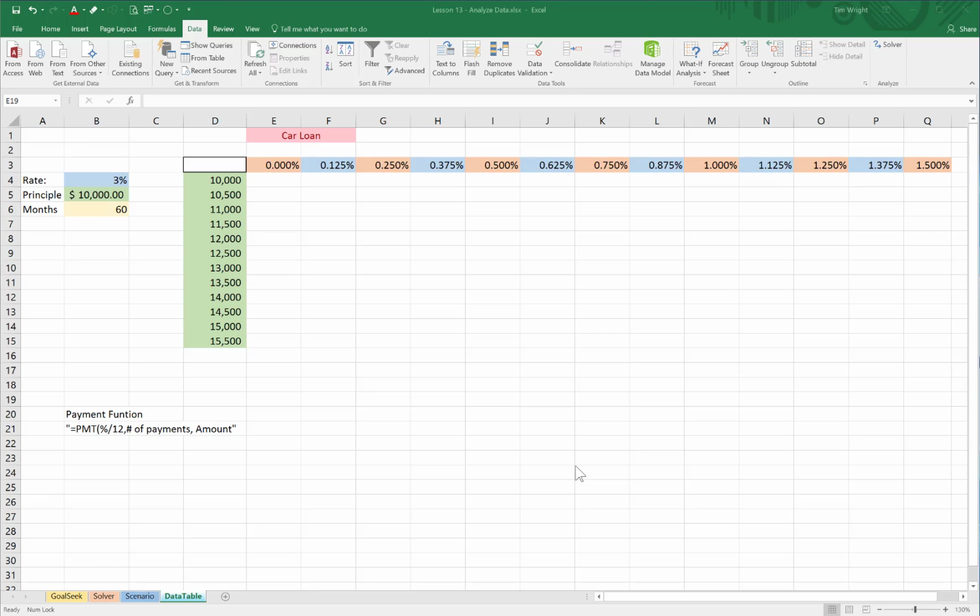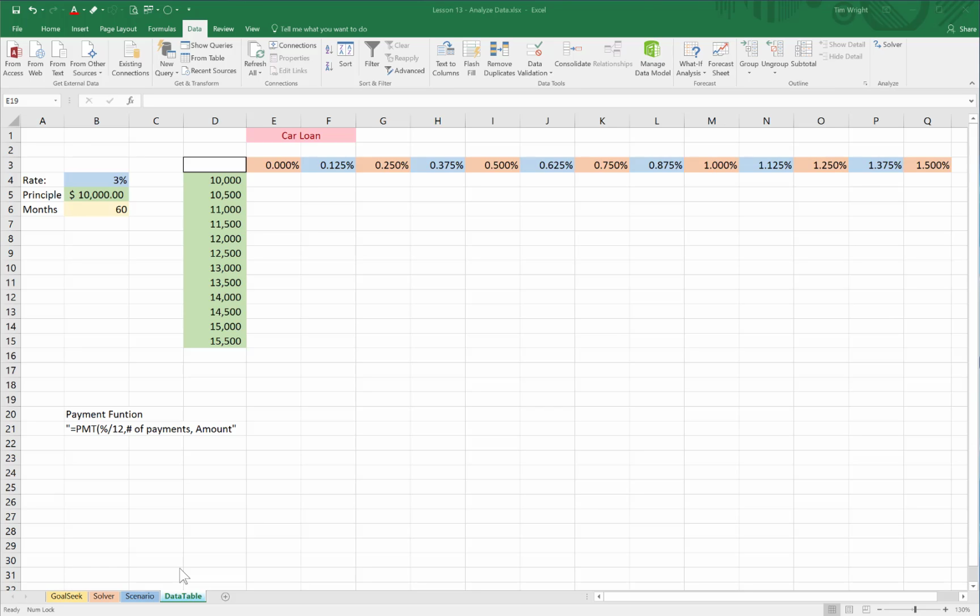In this lesson titled Creating Data Labels, we're in Workbook Lesson 13, Analyze Data, and we're on Worksheet tab, Data Table. A data table quickly lets you look up information on a table. The example we're going to use is for a car loan. We can work out with some numbers we have what our actual car loan payment would be, but we would